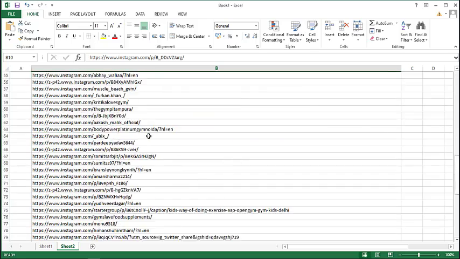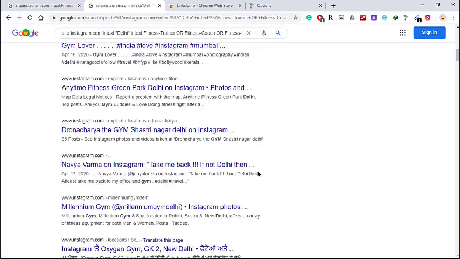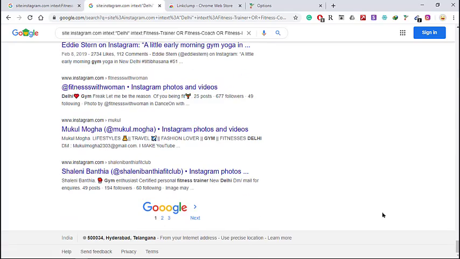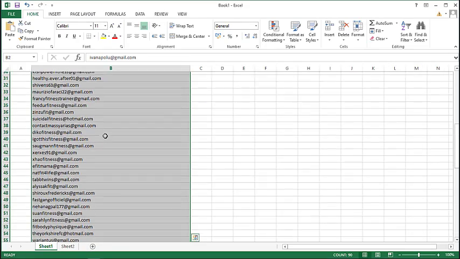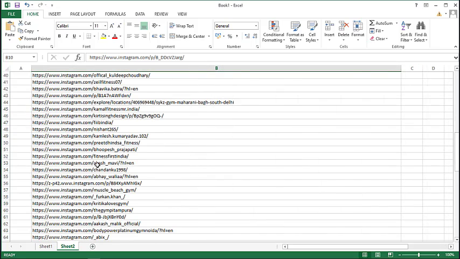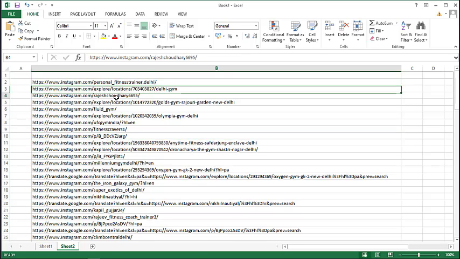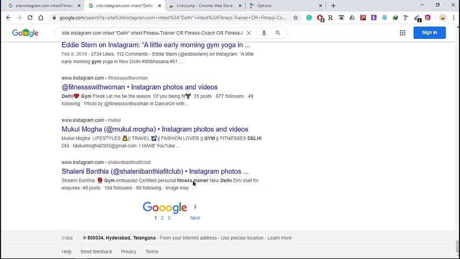You could do this for multiple cities and play around with the keywords and get maximum searches. You could do it for multiple pages. Here you could use these email IDs for your drip campaigns and send targeted mails. And here you could use these profiles. These are their Instagram IDs, so Instagram names. You could search for them and reach out to them directly on the Instagram page.